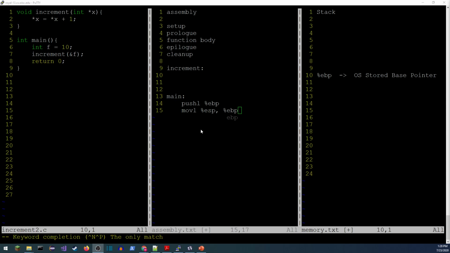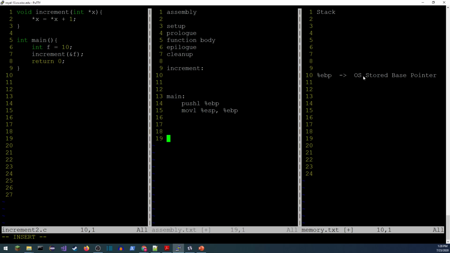All right, here's the idea. So we're going to start off with main. And this is basically the same file. I just cleared out the stuff we don't need. So as I go through this again, it's fresh and we can just add to it. So the first thing that's going to happen is we're going to set up the stack. So we'll push the base pointer.